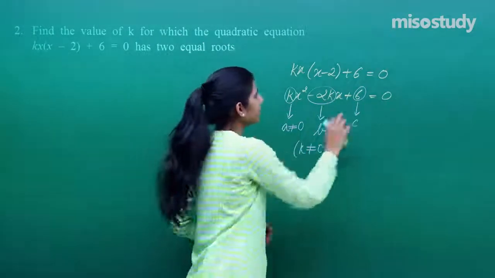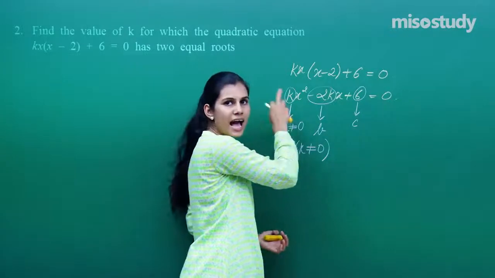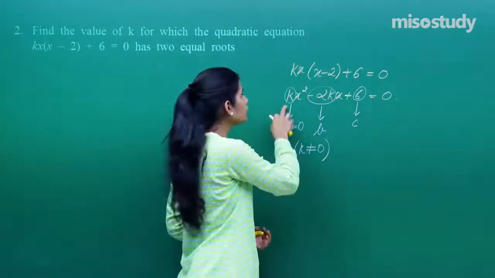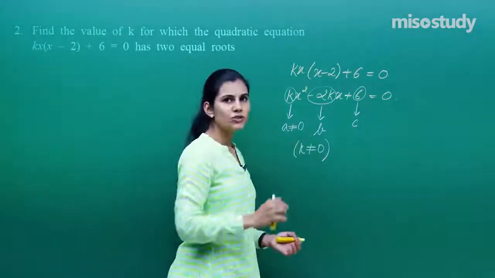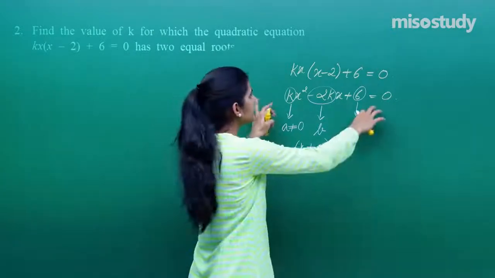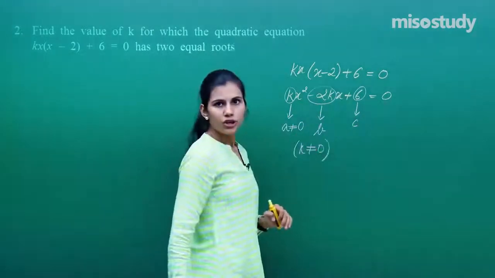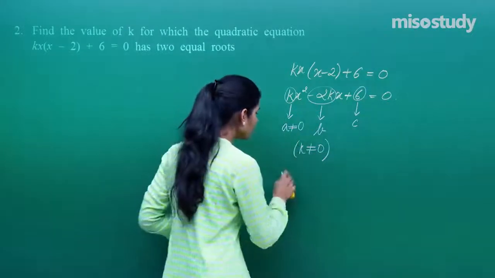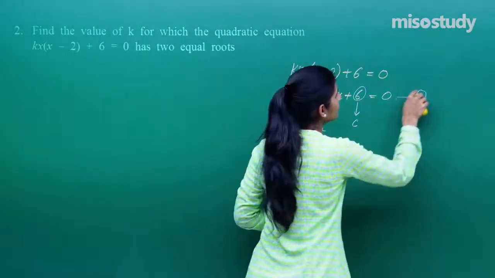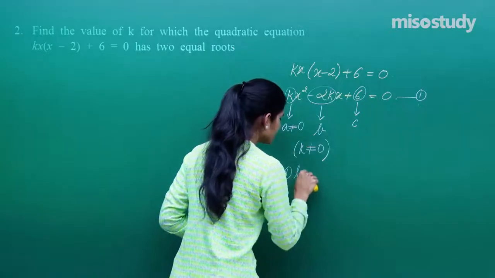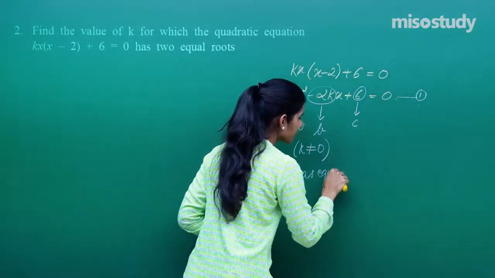So if this is a quadratic equation, the coefficient of x square has to be not equal to 0. If the coefficient of x square here is k, that means k is not equal to 0, because it is given to you that this is a quadratic equation. So this is there. You know, if this quadratic equation has equal roots, so I'll write, 1 has equal roots